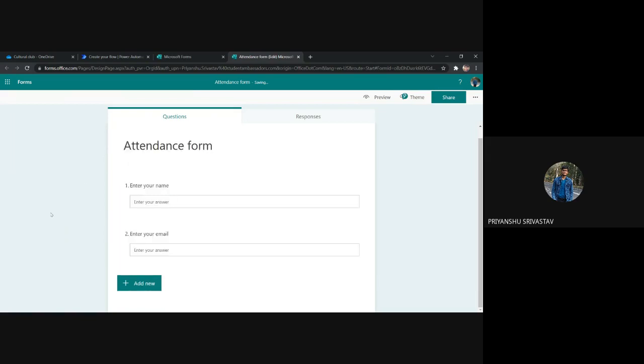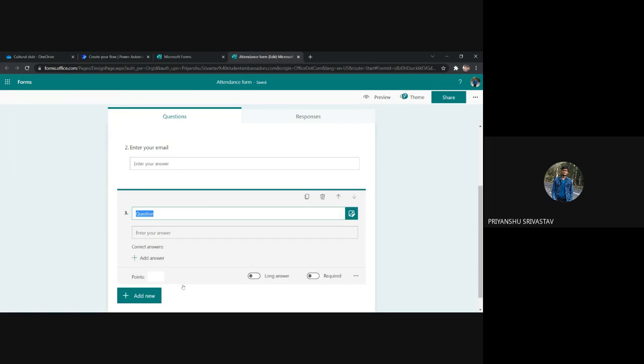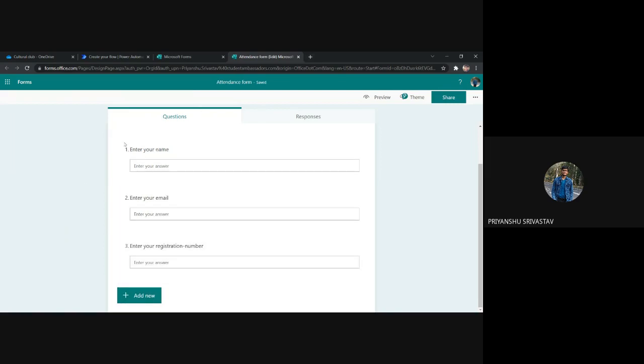Okay, we have two fields: enter your name and enter your email. We can also have more fields. For example, each participant is given a unique number, so we can ask that also. Enter your registration number. Of course, it will be unique for each participant. So, I have three fields.